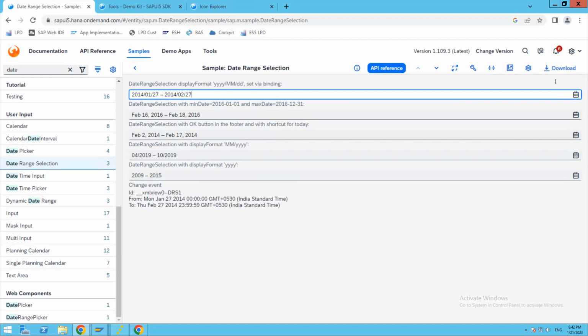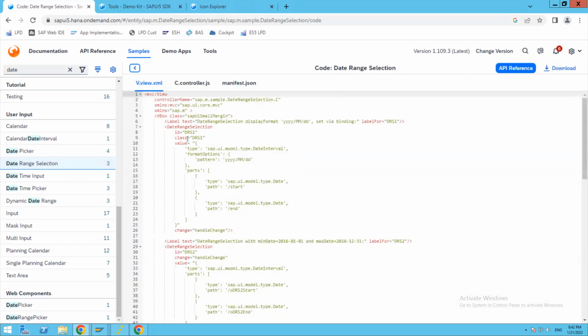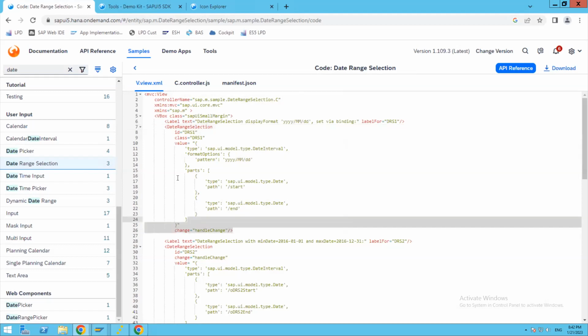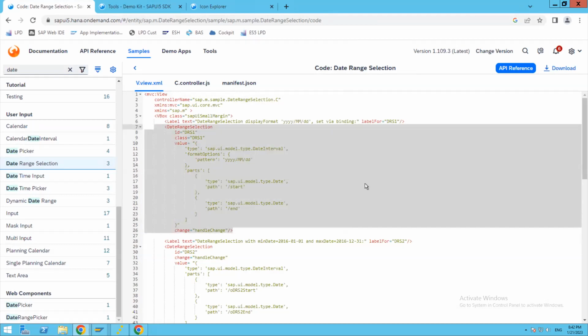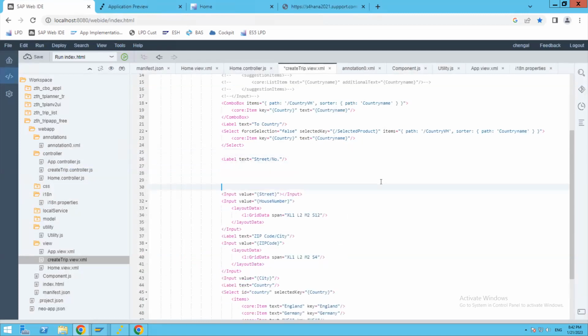So the first one is likely what we are interested in. Let me go here, and this is the date range selection. Let me copy this one and go in here,